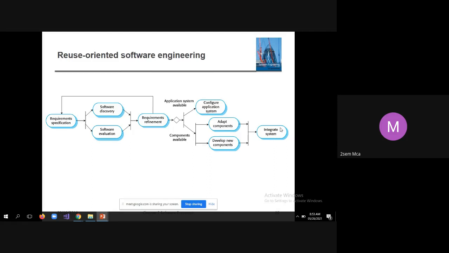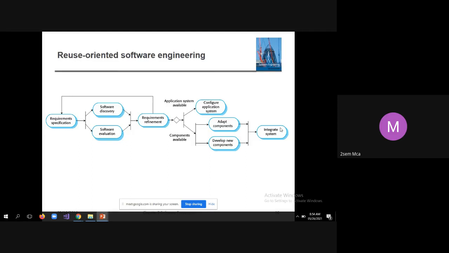This entire process is called reuse oriented software engineering. So it's all about first fetching the requirements, then checking for whichever functionality the code is already available. You just identify those pieces of software and evaluate them. Then you identify which components are to be developed for the first time, then integrated to make one complete system.